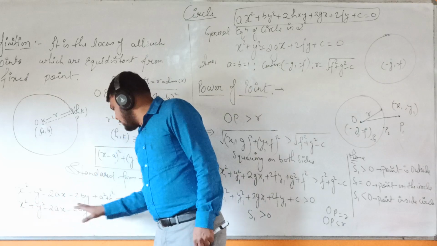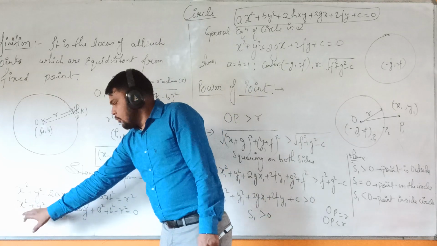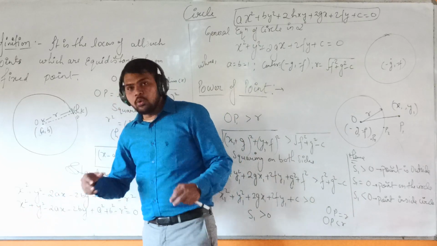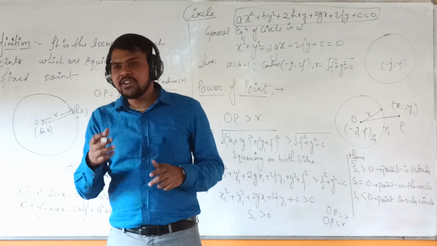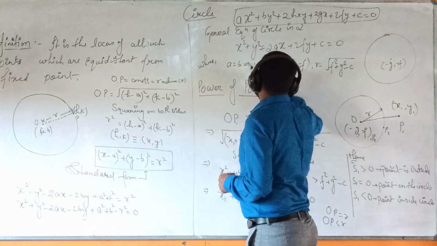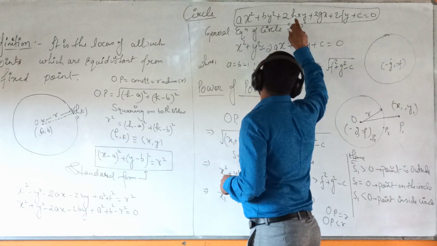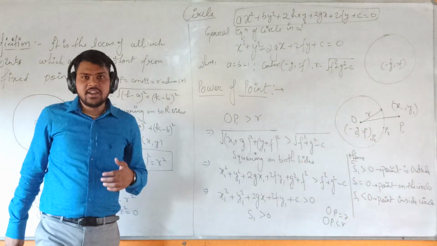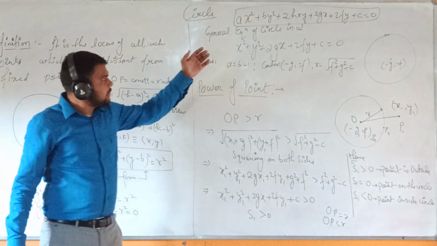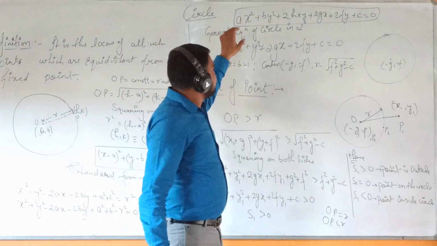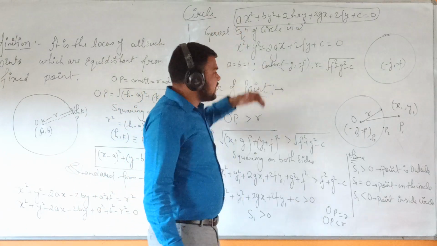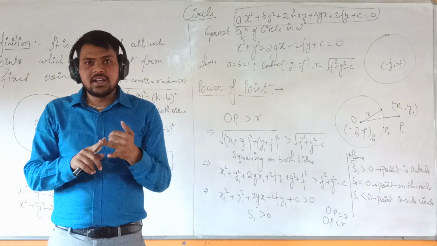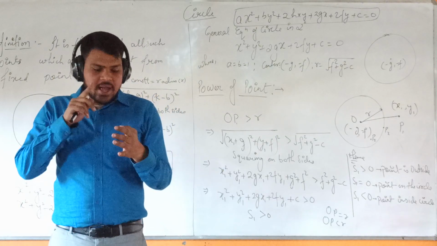Okay. Now further simplification, bringing this R square to this side, we get a 2-degree equation. This is quadratic in X, quadratic in Y. So a general 2-degree equation is aX square plus bY square plus 2hXY plus 2gX plus 2fY plus c. Now, what is special in this? This general 2-degree equation can represent a pair of straight lines, circle, parabola, ellipse, and hyperbola.